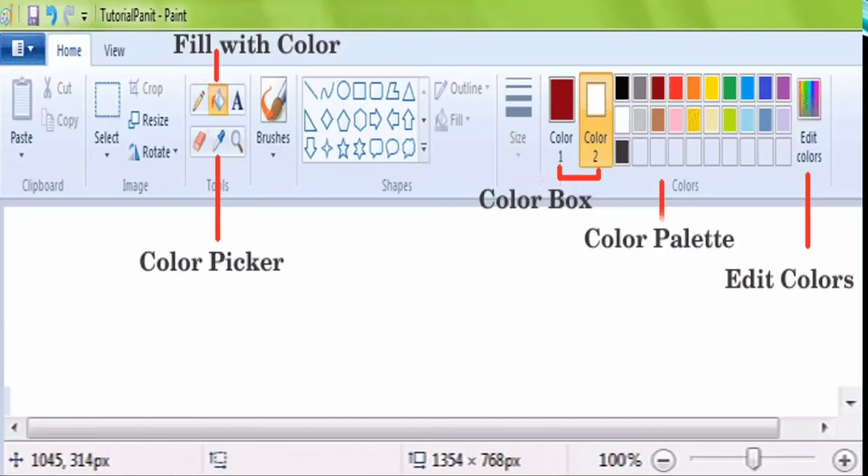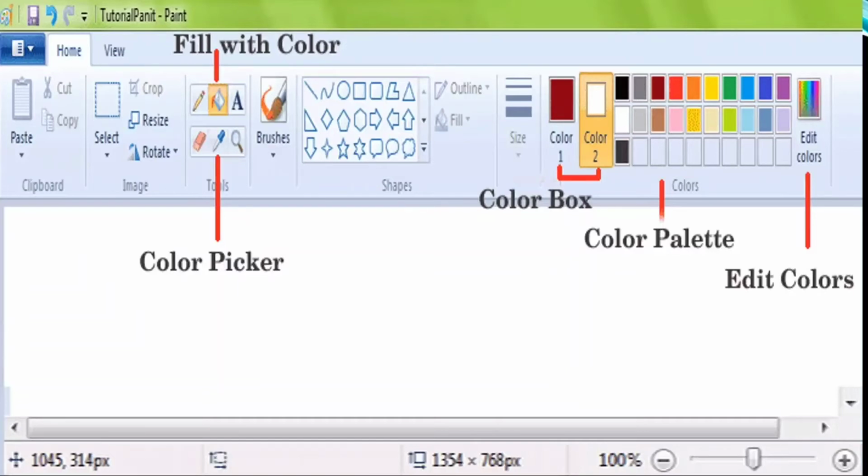It will be erased. But if you have taken a black page and written with a white pencil, when you erase the white pencil, which color will be there? Black color. Which means color 2 will be black. Color 2 is the color of the eraser. Color 1 is the color of the pencil and color 2 is the color of the eraser.